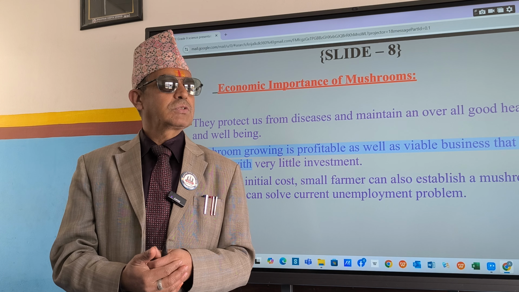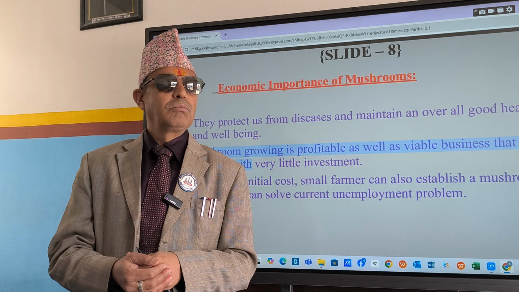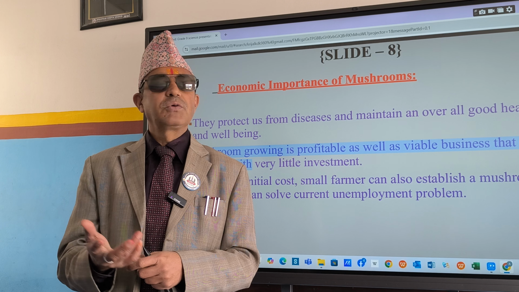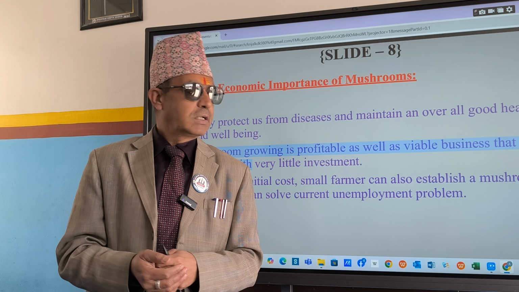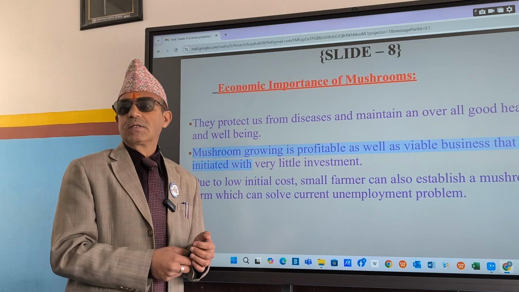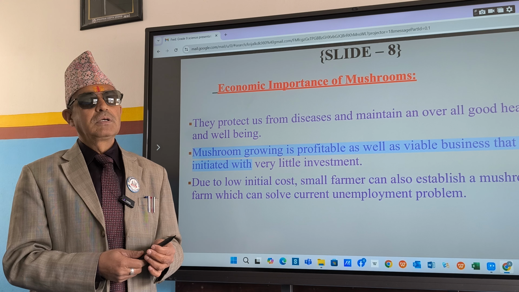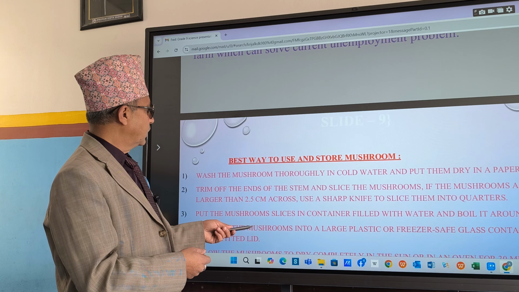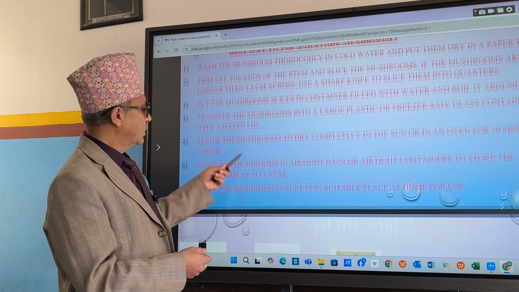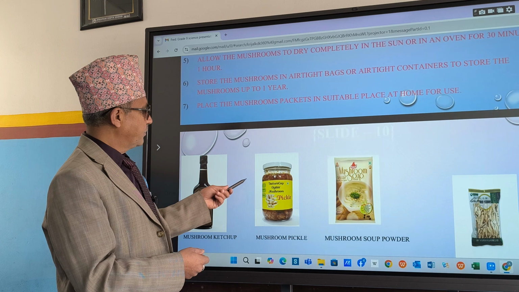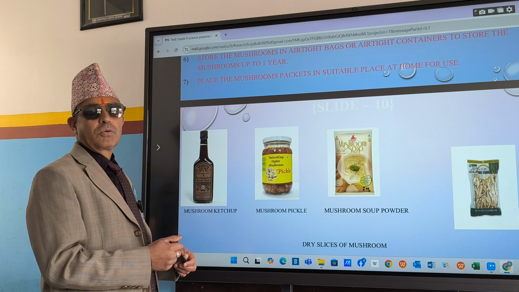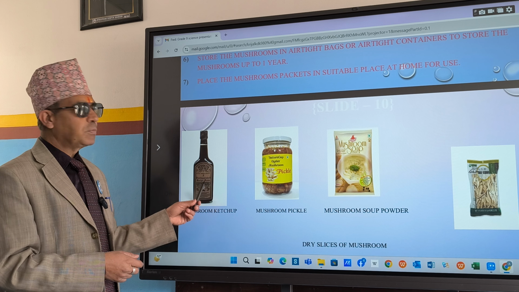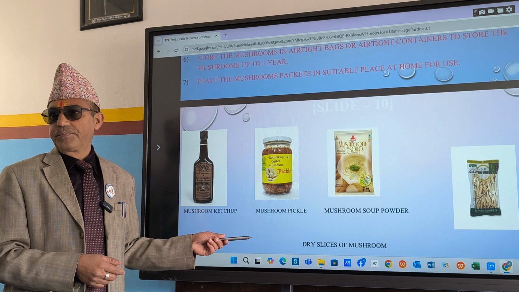Some mushrooms cost cheap, some cost more, expensive ones. So by selling them, we can earn more money. Some mushrooms like Guchhi chau are useful for treating cancer, and it is edible also. We can eat. Mushroom soup, mushroom pickle, mushroom ketchup are also available